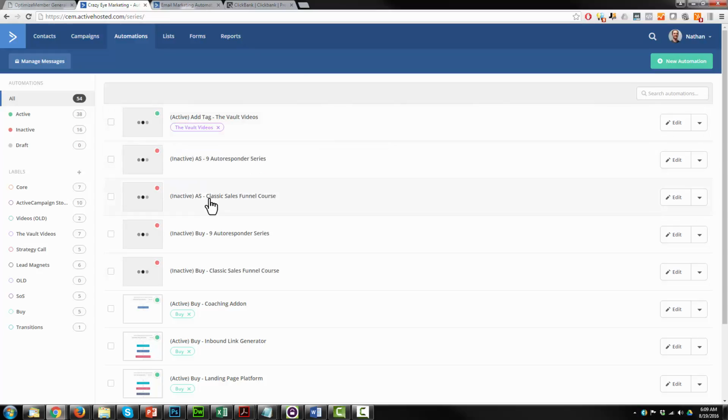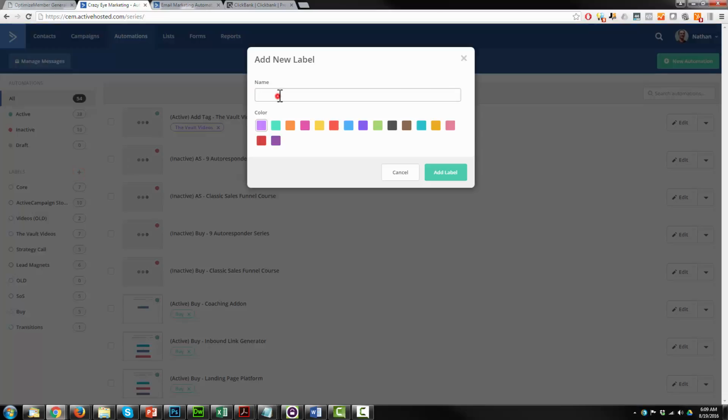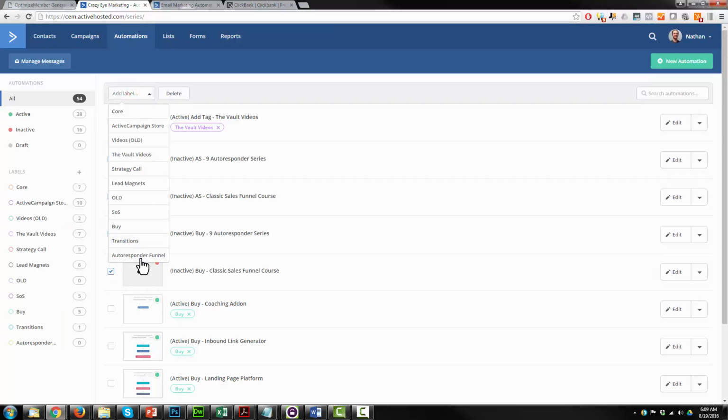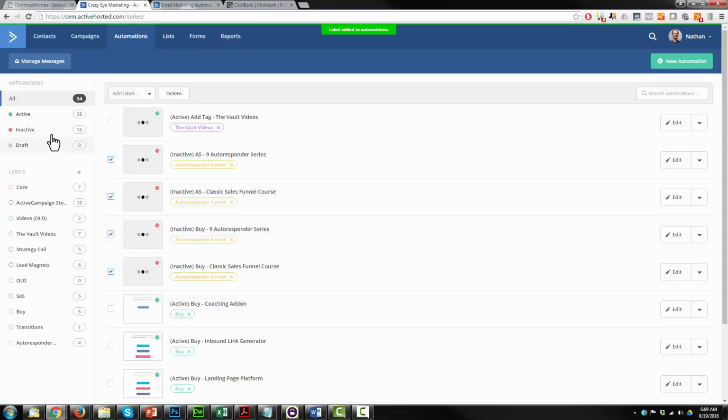We'll come back out to the main automations page, and we're going to go ahead and organize our automations so we can quickly and easily find them. So we want to create a label here, and I'm going to call this autoresponder funnel. You can select whatever color you want so you can easily identify it. So you see our folder down here. Now I can select the automations for this funnel, add label for autoresponder funnel, and I need to go find